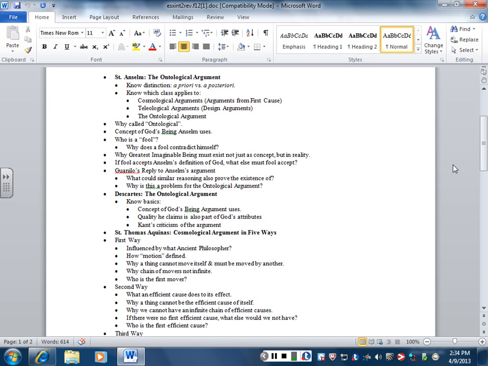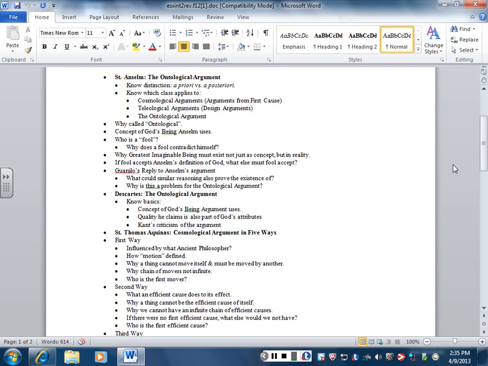An argument a posteriori is an argument, basically a necessary argument based strictly on its own logical structure. A priori, you can see the root word of the word prior, and that's not an accident. One way it gets defined is something that's prior to and independent of experience. And that's the way the ontological argument is. In other words, it's not based on observations about the world. It's based on concepts that are independent of